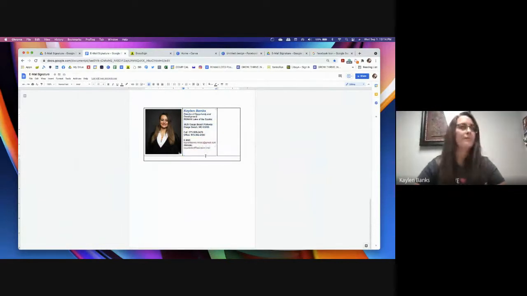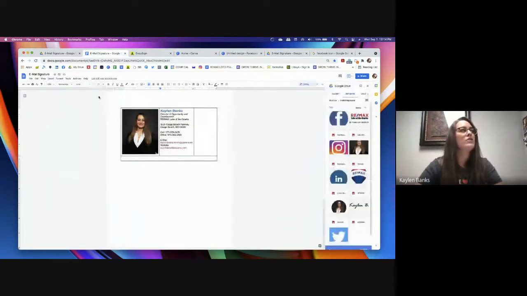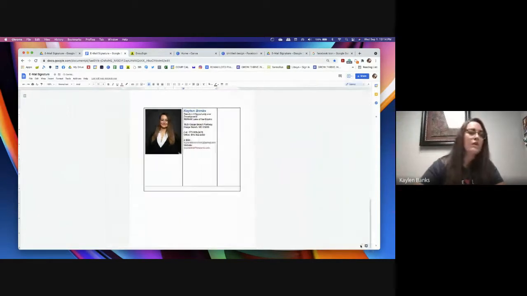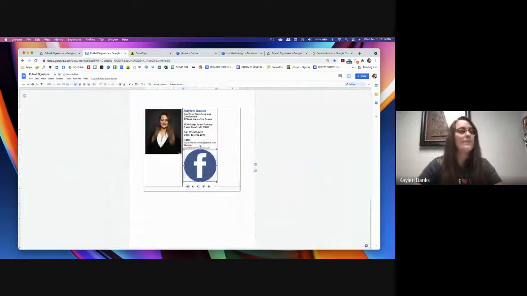And then once you get all of that in, as far as your personal information, then it's time to come in and add your social media icons and link those to work. So how we do that is I just went to my last line and I entered down to start a new line. And then very similar to how we did the pictures, we're going to do an insert image from my drive or from your computer, whichever you have them saved to, and then find that image that you saved from Google. Click on the first one and hit insert. It's going to insert it pretty big, but again, you're just going to click to resize that down. And then once you get it to the size that you want,